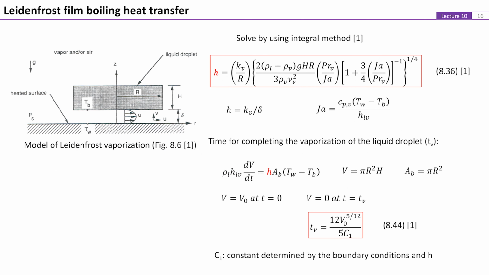By using integral method, a solution to the thickness of the film delta can be determined. The convective heat transfer coefficient is defined by taking the thermal conductivity of vapor film divided by delta. By using this convective heat transfer coefficient and the temperature differences between the hot surface and the droplet, and performing thermal energy balance of the vaporization process until the liquid droplet vaporizes completely, the time duration for the Leidenfrost vaporization